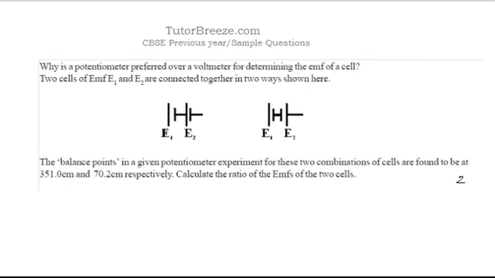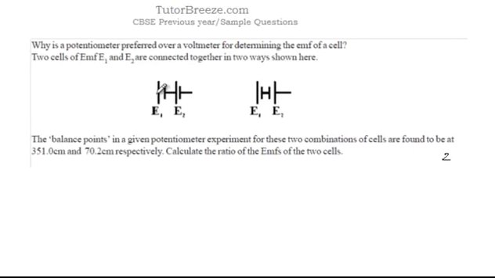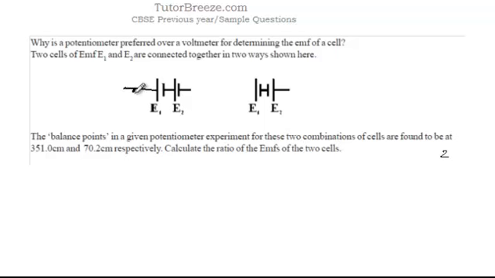To answer the second part of the question, let's see how we add up the two EMFs. To do that, let us consider a point A here and B here, and let us traverse this circuit from A to B. As we move from A to B across the first cell E1, you're moving from the positive terminal to the negative terminal. So it's like you're going downhill. In that case, the EMF will be negative. So you have a negative sign with E1.